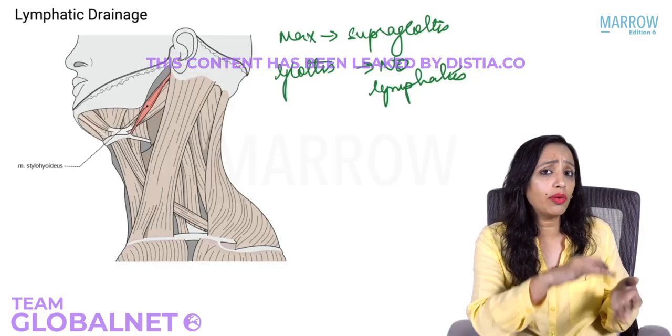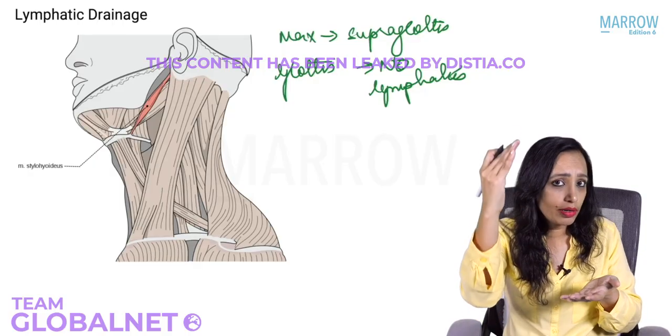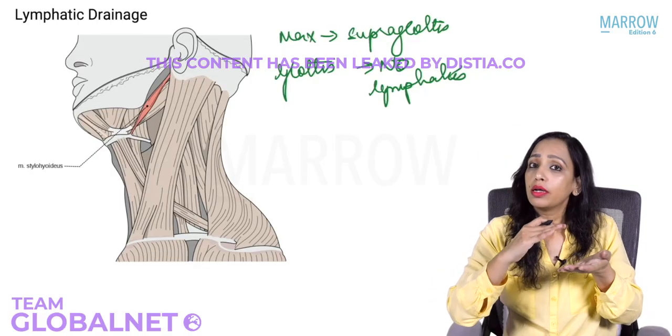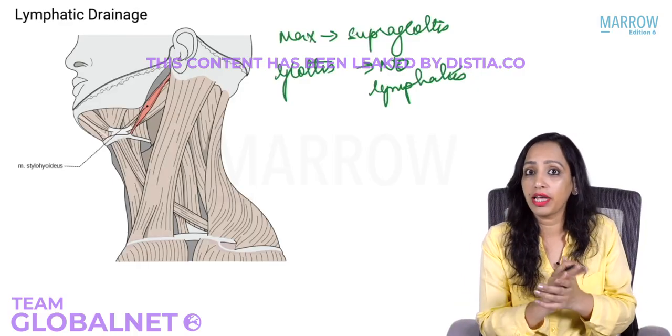The glottis, at the level of the true vocal cord, is not only a watershed for lymphatics. Above it, the supraglottis drains to the upper lymph nodes. Below it, the subglottis drains to the lower lymph nodes. Also, the lining epithelium of the glottis is different. So the glottis is different in many aspects.